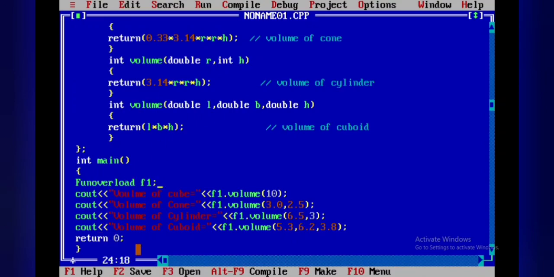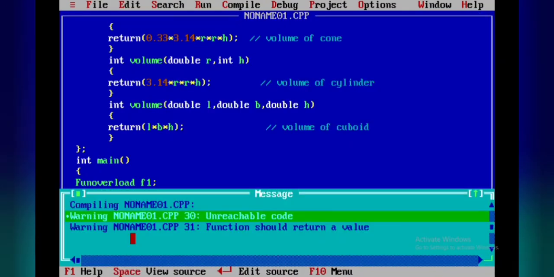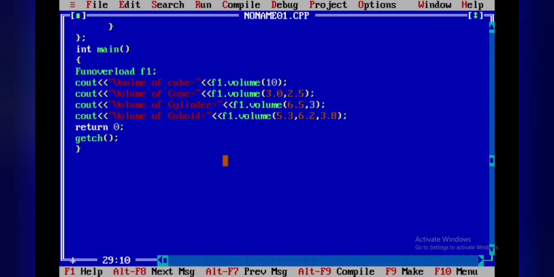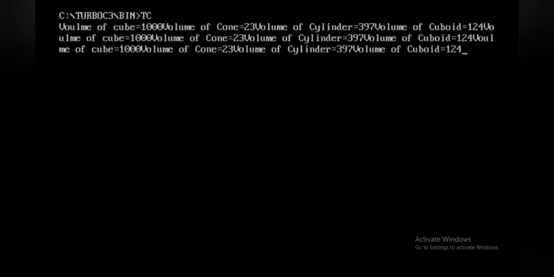Okay, we'll have getch, alt F9, then unreachable code, return a value. Okay, return 0. So return is a keyword. So alt F9, 0 errors and 0 warnings, control F9.